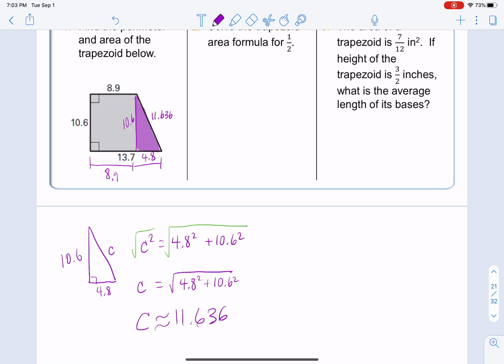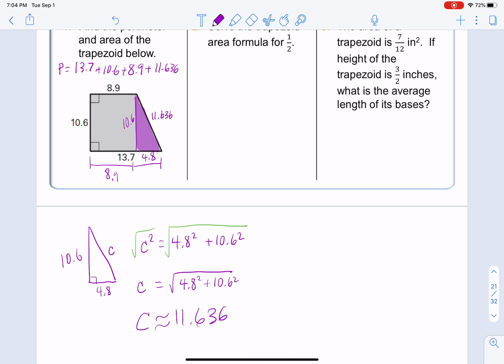11.636. I'm finally ready to find the perimeter, 4 hours later. So the perimeter is just simply the sum of all the pieces. Just add them up. Just be careful that we don't add these pieces and the 13.7. The 13.7 is the one that we will use. Okay, so I've got a 13.7 plus a 10.6 plus an 8.9 plus this